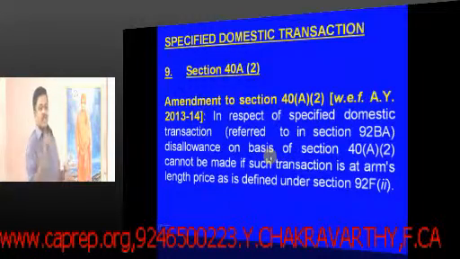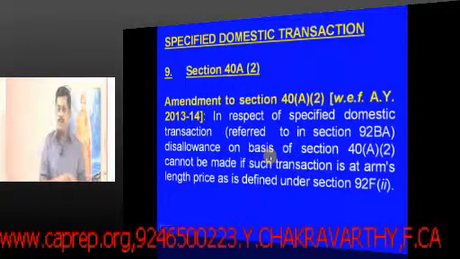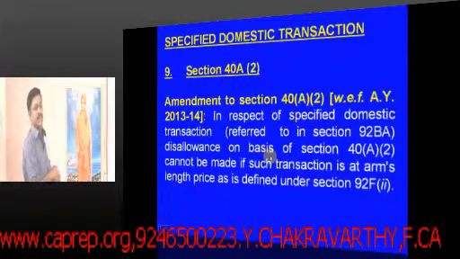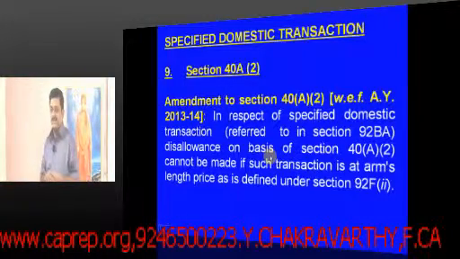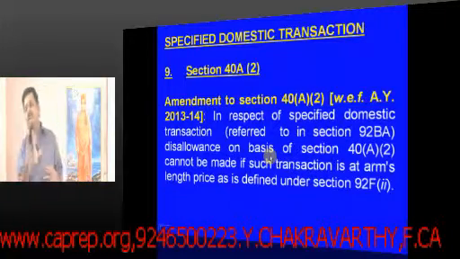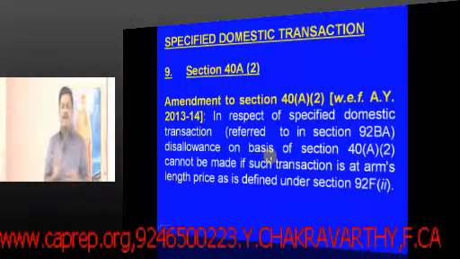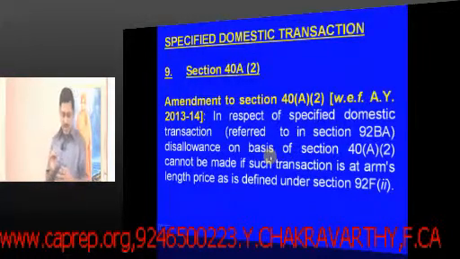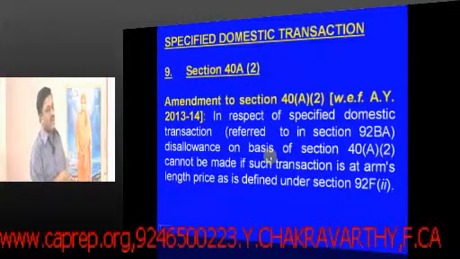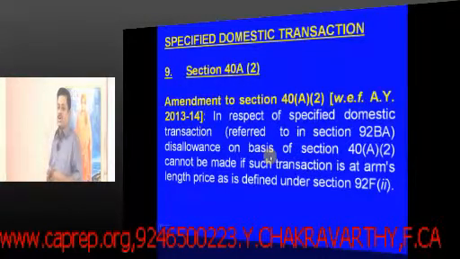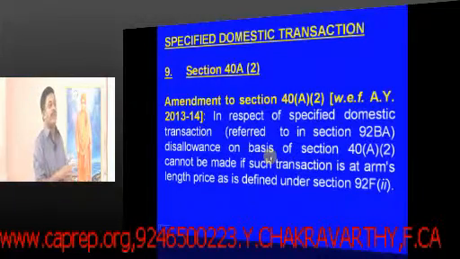Every year my Xerox expense will be about 4 lakhs. How come it is 4 lakhs? Because the payment that I am making to the Xerox person, who is not a related person, is 4 lakhs. For every copy I pay 35 paise. Now suddenly one day my brother came and said, I am going to provide you the service of that Xerox. Now I am paying, let us suppose, 50 paise per copy.